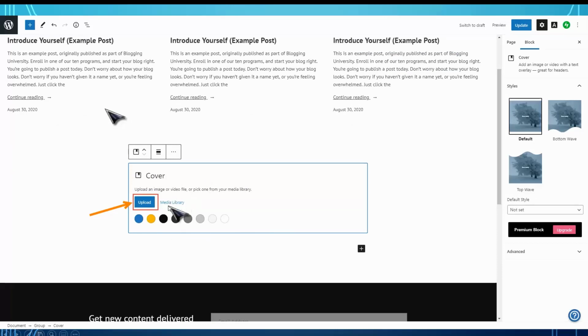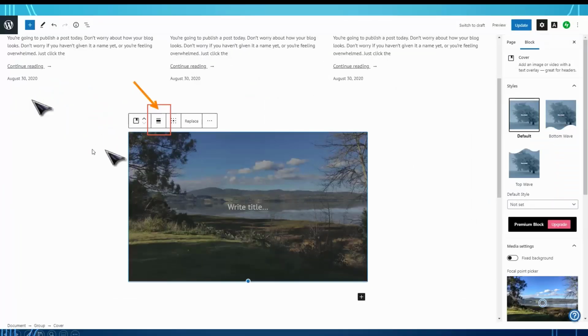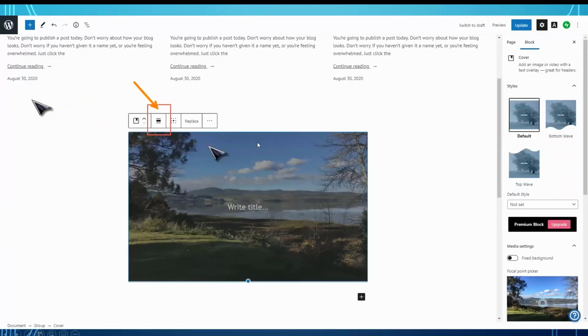Now to add a picture to your cover block, you need to upload it. So let's click on upload. A window should appear allowing you to browse to wherever you've got your photos. So you can see I've put up some photos I might use on my blog here, including this beautiful picture of my local area. So I'm going to click on this picture which I want and upload, open, and then we should come to this and you can see that the picture's been inserted,